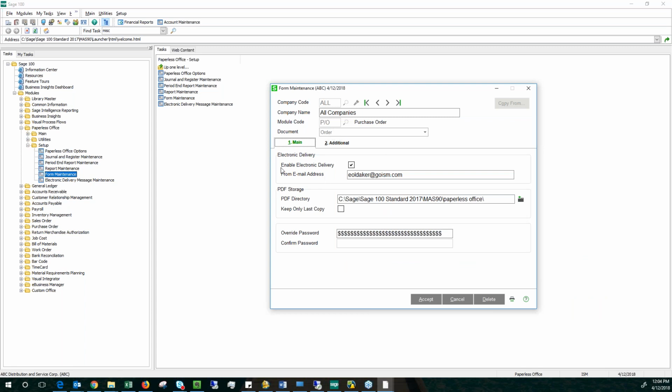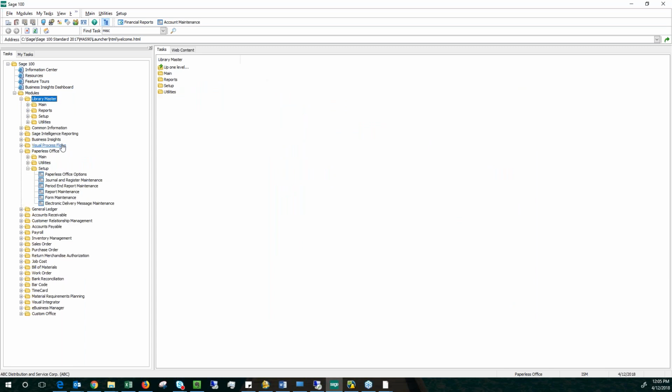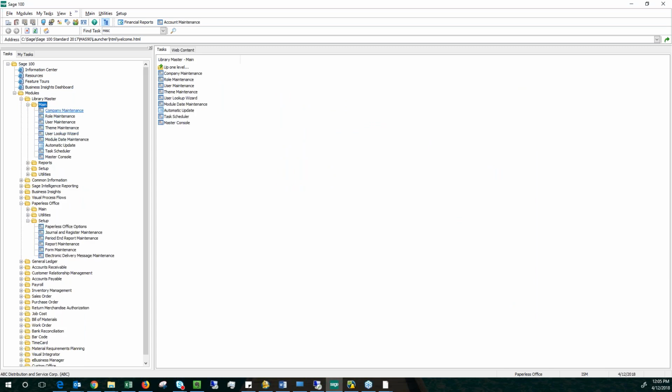Here's where you set up enable electronic delivery. So you want to check this off. And then you want to enter a from email address. So this is who it's going to come from. Oh, wait, one more thing. I'm sorry. You have to set up, this is what you have to set up first before you can even